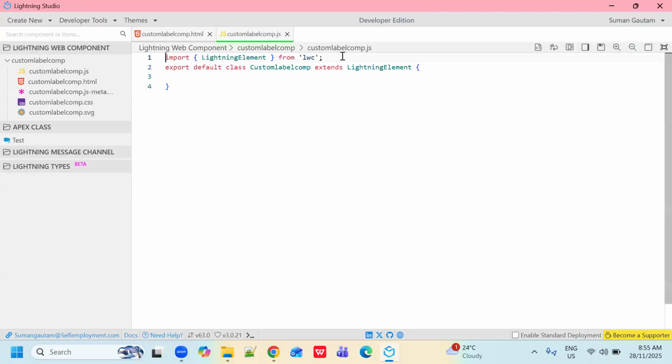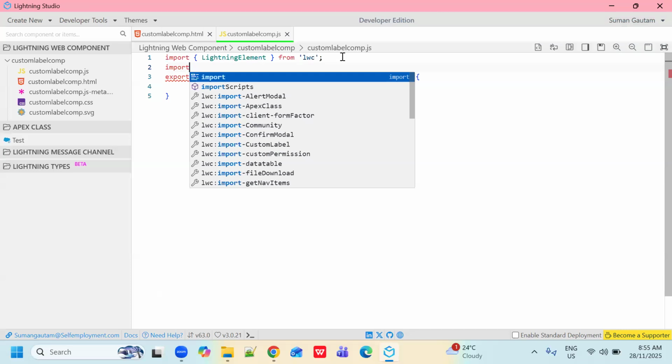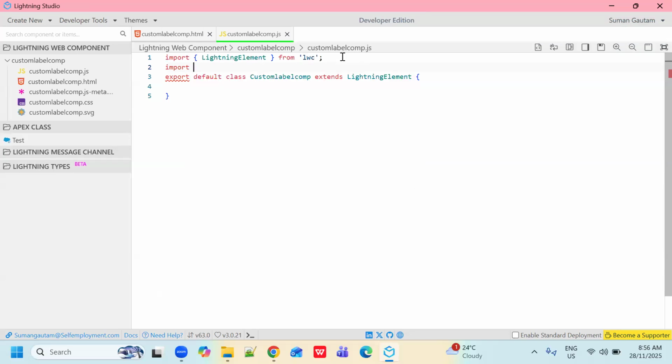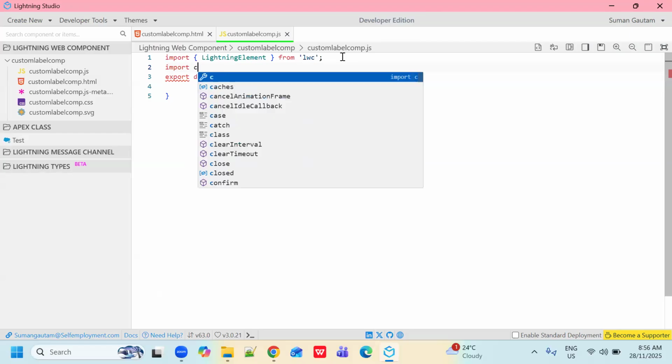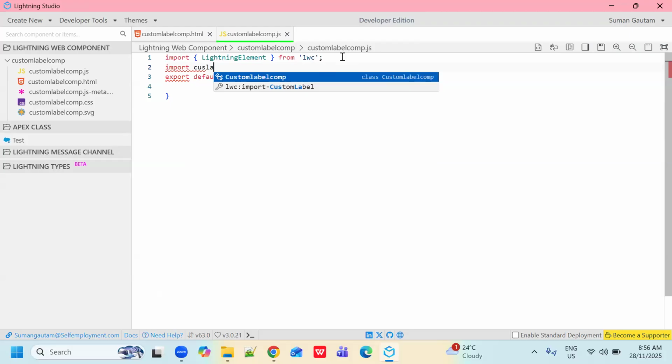In the JS file we need to import our custom label here. So type import. Here you need to give a name like custom lab com.